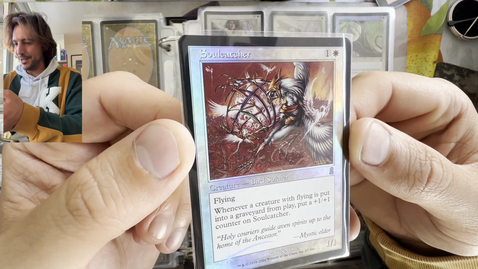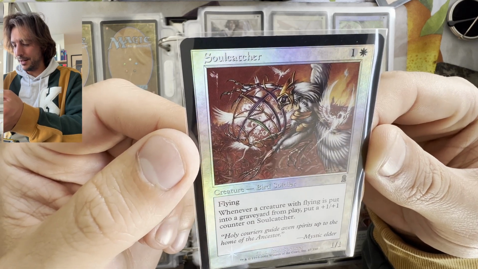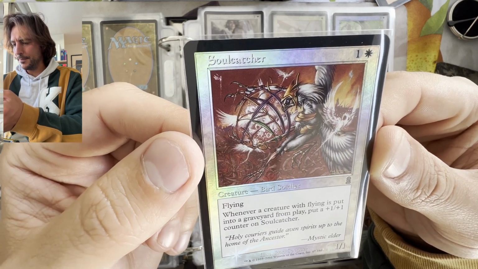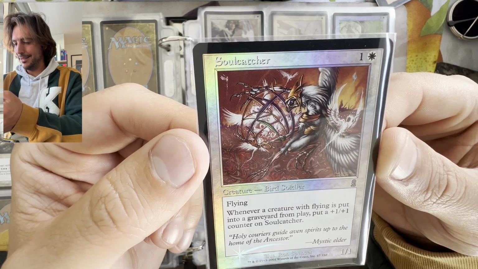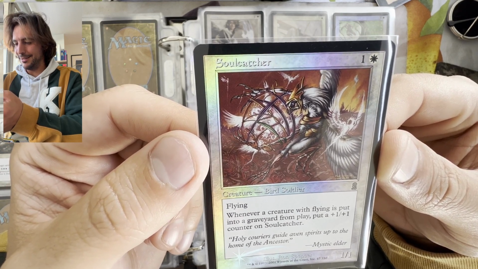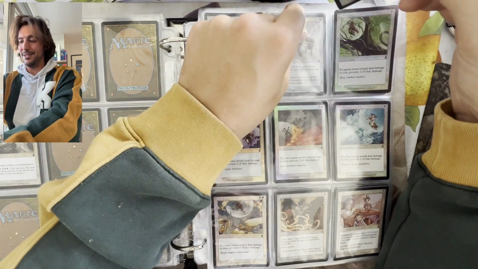And this is Soul Catcher. Again, you know, nothing special. This is a common or uncommon. It's an uncommon, I think. And it's just the art to me. Bird Soldier, done by Ron Spencer, and Holy Courier's Guide, Aven Spirits Up to the Home of the Ancestors. It's just...